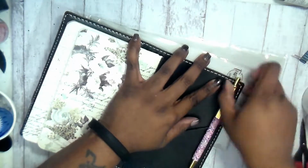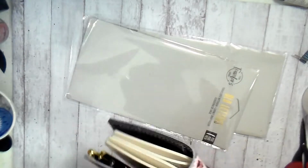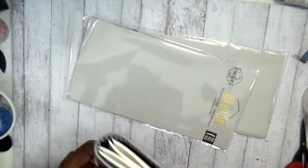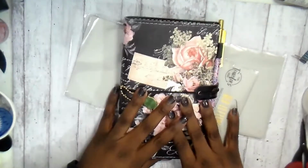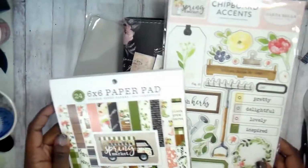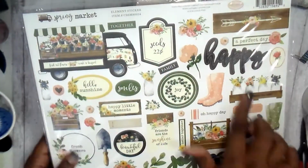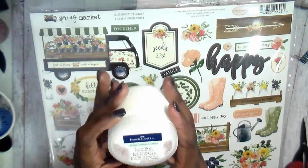What I like about it is when I closed it, I adjusted the pen so that it's on the outside of the books, and it closes perfectly. You can see it here with it closed up. It seems like it all fits together. I really like it. I'm hoping that I don't fall into the same pattern and I actually use it. So here's all of our pieces again, and I'll be using a lot of this